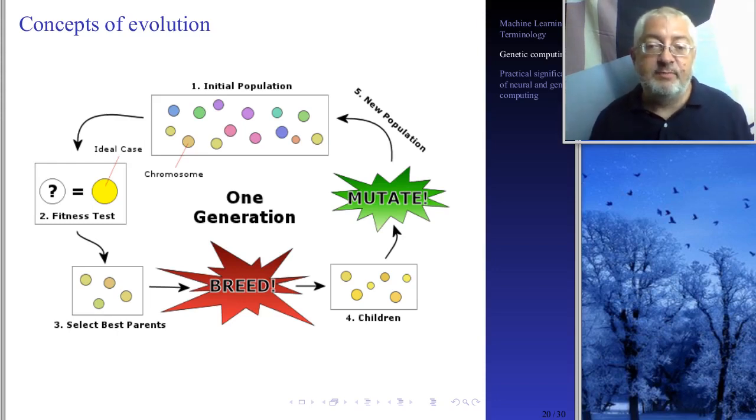And now the children perhaps mutate. Again, mutations are not very common. Biology tries to avoid them, but they will sometimes happen. And they happen more in computing simulations. Mutations are more common there than they are in biology. And then you get a new population, which is now mostly yellow. So it doesn't look anymore like this initial population. It would be mostly yellow, with some mutations also being red and blue.